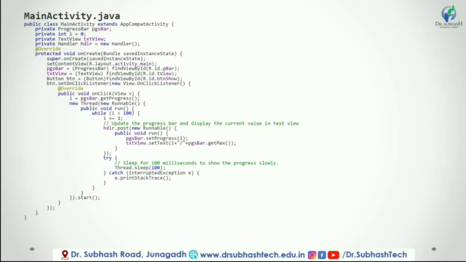If you observe the above code, we created one progress bar control, one text view control and one button control in the XML layout file. Once we are done with creation of the layout with required controls, we need to load the XML layout resource from our activity onCreate callback method. For that, open the main activity file MainActivity.java from the package path and write the code as shown below.